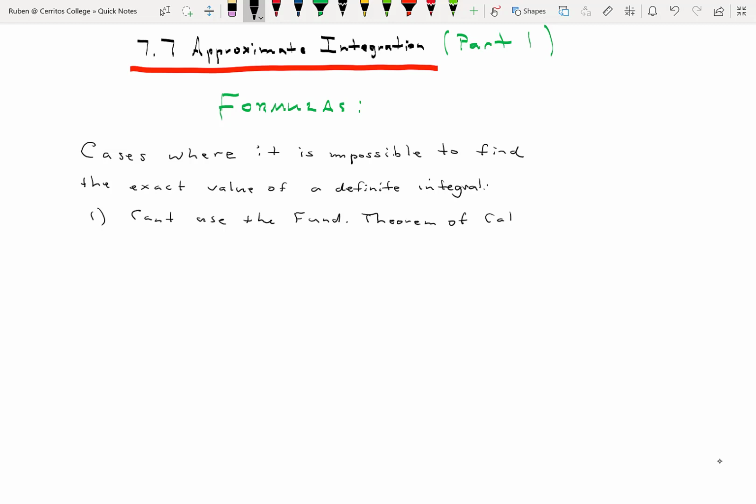That might happen where we can't possibly find an antiderivative. Let's say, for example,